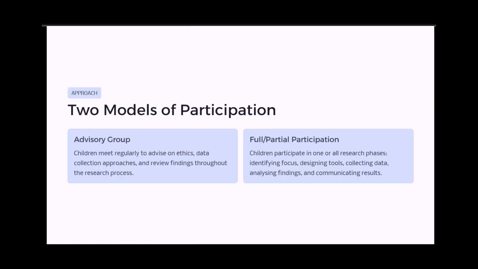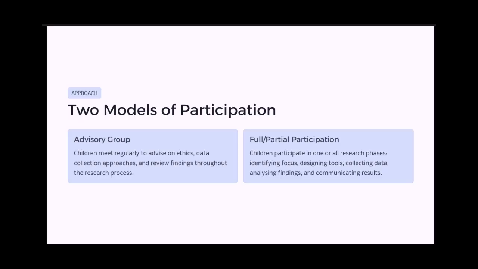So there are two models of participation. HEART actually has a ladder of participation, but we'll look at two modes. Children can act in an advisory capacity, in which you tell the children that you're doing research with them, and they can meet you regularly to advise on maybe ethics or data collection approaches or to review findings. So they provide you with support through the evaluation of digital teaching and learning, and you consult with them. Alternatively, children can actively participate or become co-researchers in the research process,